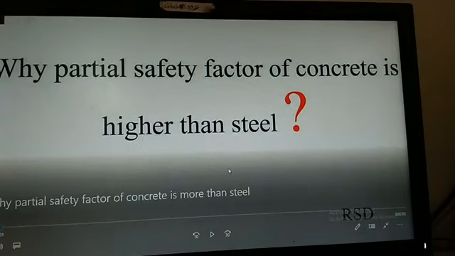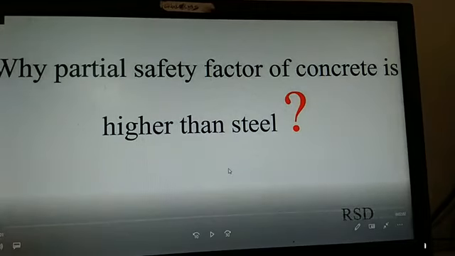So please try to answer this question. So you have 2 minutes time. And one more question. See, if you answer this based on yesterday's discussion, many of you have a doubt on what we mean by partial safety factor and what we mean by factor of safety. So this question talks about the partial safety factor, and there is another question. Okay, so you all understood, right? So have you noted why the partial safety factor of concrete is higher than steel? So please try to answer.